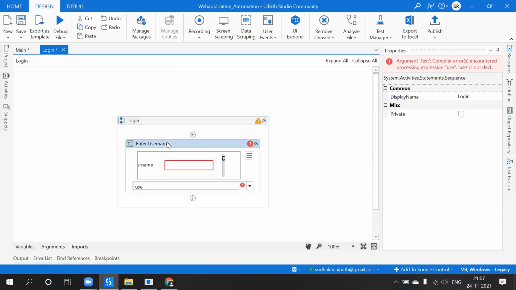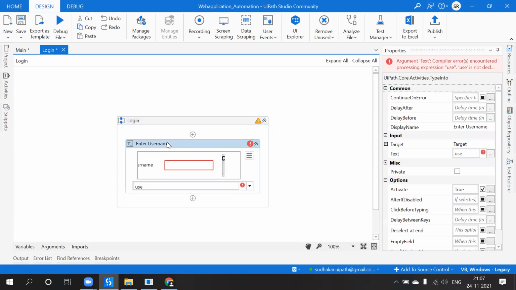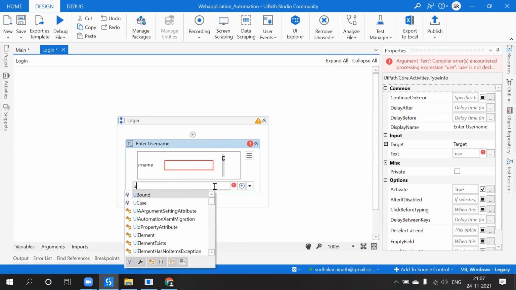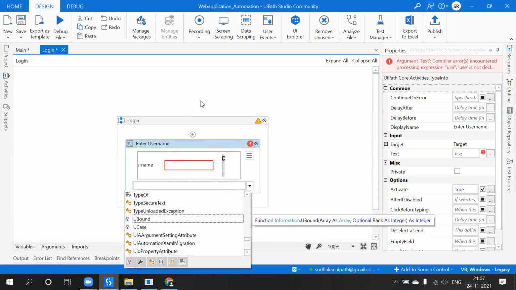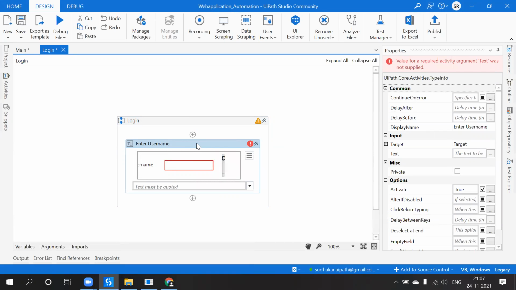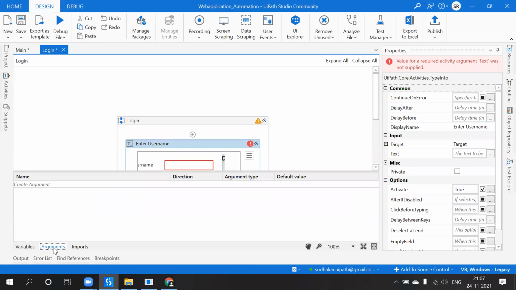And then now you come over here. Whenever you come here, still you are unable to. So how to get this text? Then come to arguments.